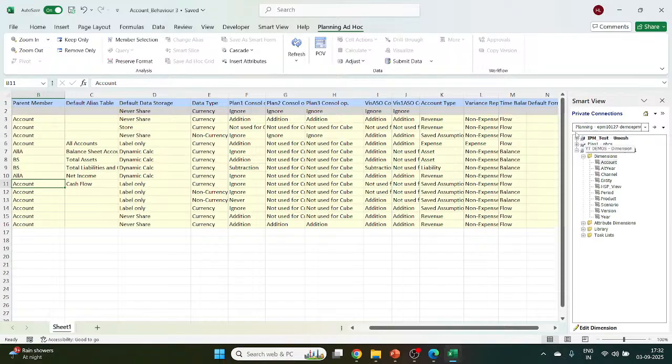I will click on it so that we can see this is the parent member, alias table, default data storage, and data type here also, so that we can enter the value here. And this is the attribute dimension here. When I click on it